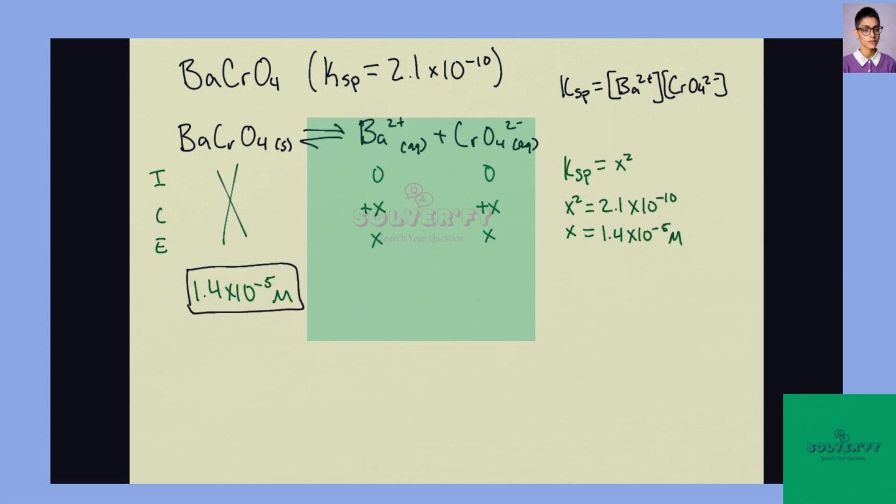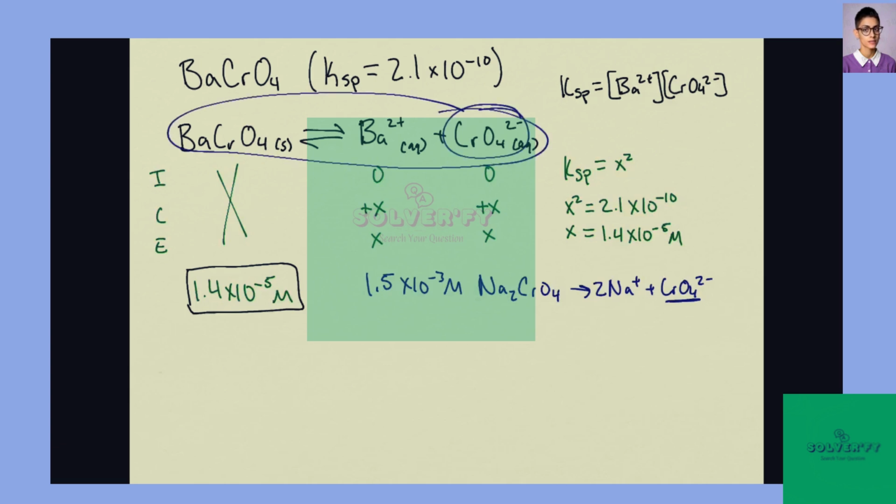If instead of in water, this was in 1.5 times 10 to the negative 3rd molar Na2CrO4, the Na2CrO4 would completely dissociate to 2 Na+ and CrO4 2-. The CrO4 2- here is a common ion of this reaction, so it will throw off the solubility. Okay, if we write out another ice table,